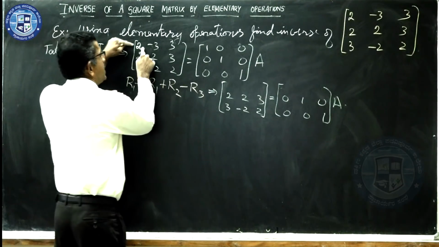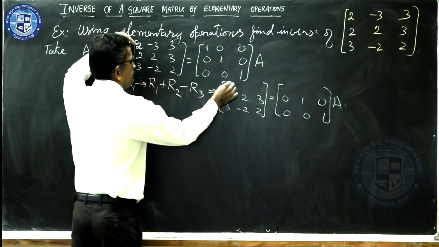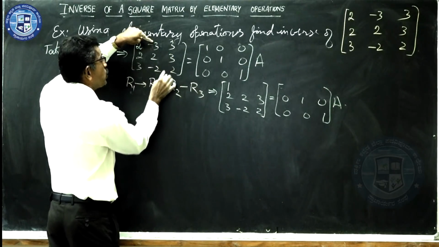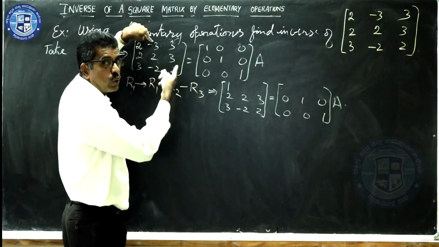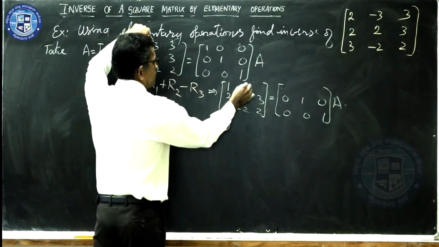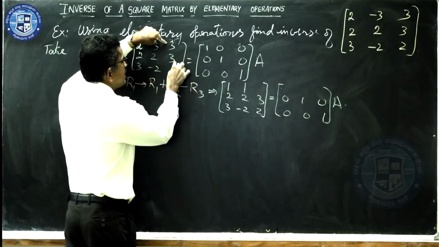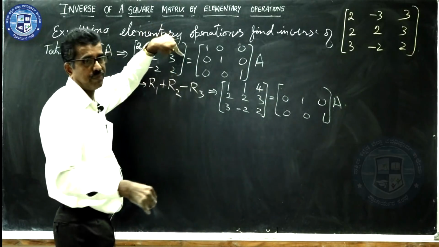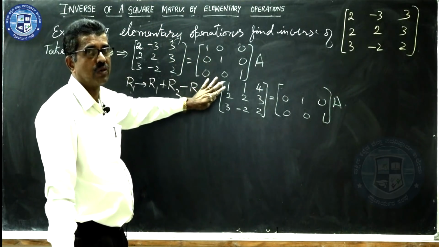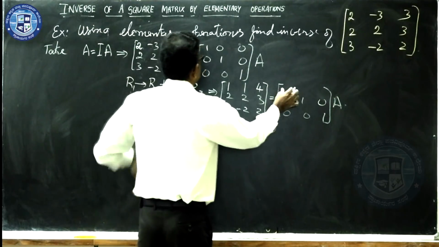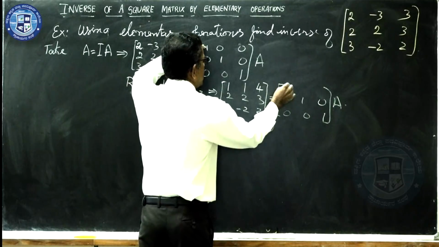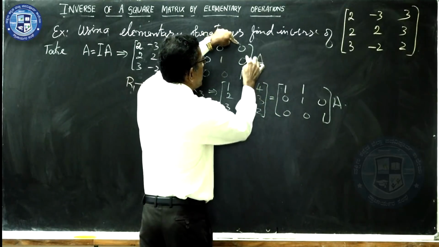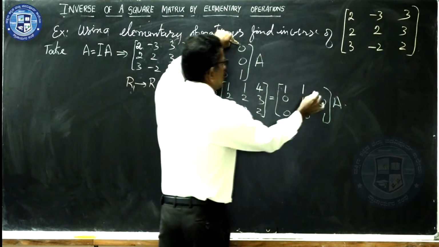We have the first row: this plus this minus this, it is 1. This plus this, it is minus 1, minus 1 minus of minus 2. What is minus 1 plus 2? Minus 1 plus 2 will be 1. Here 3 plus 3, it is 6, 6 minus 2. What is 6 minus 2? It is 4. It is 1, 1, 4. The first one. Now what will be here? This plus this minus this, it is 1. This plus this minus this also is 1. This plus this, 0 plus 0 is 0, minus 1 is minus 1.